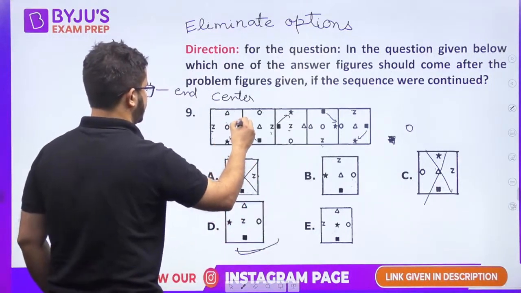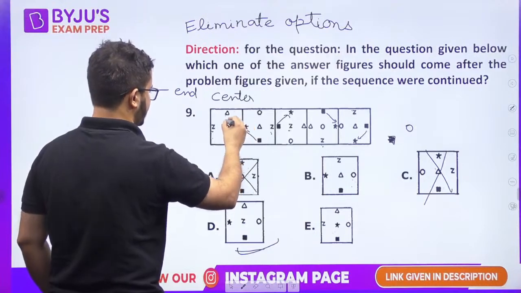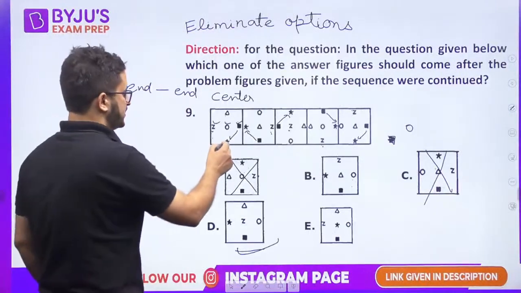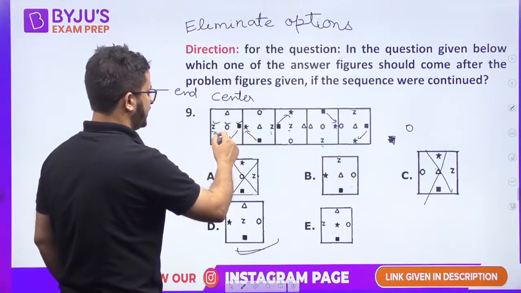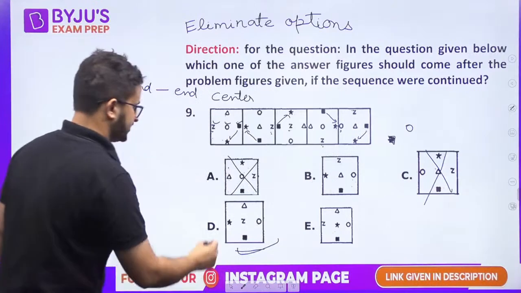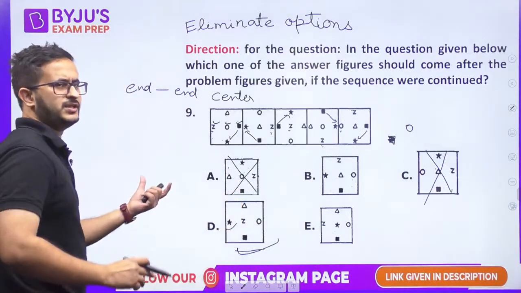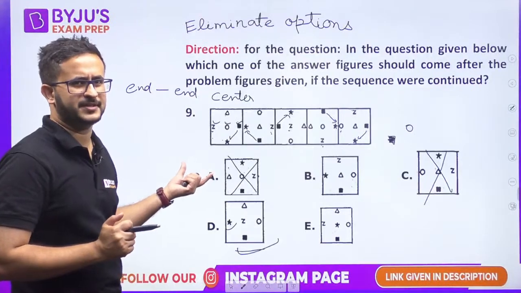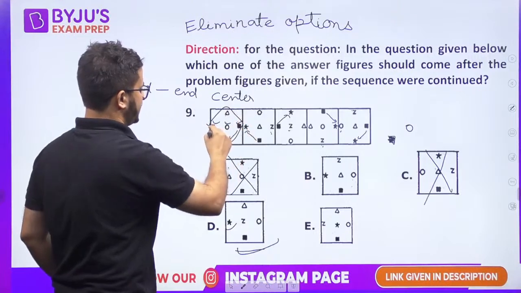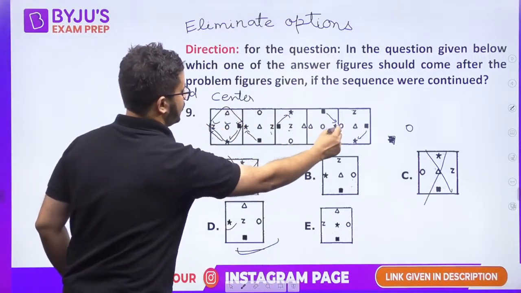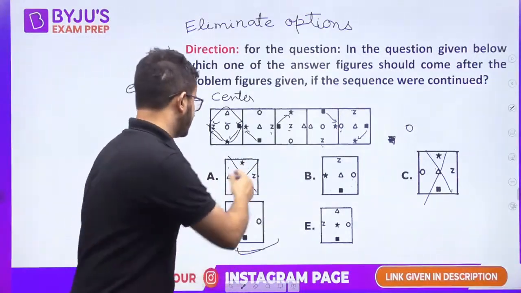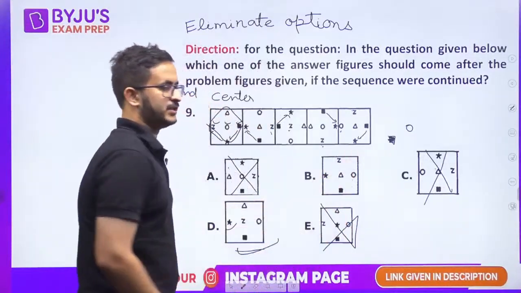So we have checked this, we have checked your circle also, we have checked Z also. Let us check the star. How is the star moving? Let's look at the star also. Star was here, it went this side, and then it went this side, then this side, then this side. So the star should come here, right? The star should be on the left hand side, so that is also being followed. So we have seen 3-4 elements; it is not necessary to see all 5 elements. The star is moving like this, from here to here, then here to here, then it comes here and the star will be on the left hand side. So from that also you could have rejected option A. Many of the options could have been rejected by that.